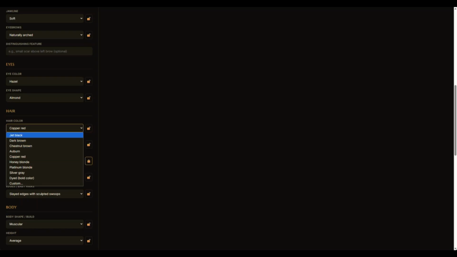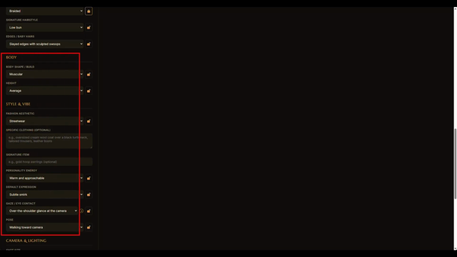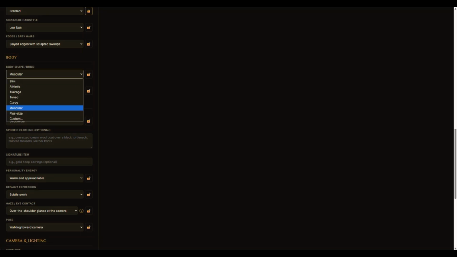You can see that there's also an area on the left hand side where you can choose the body shape, the height, the style, and the vibe. So you have a lot of choices. And then in the drop down, you have a selection where you can give it a custom